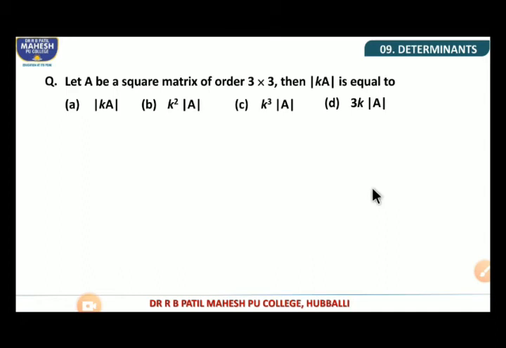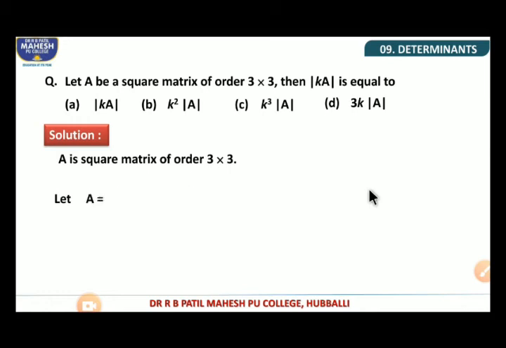So to find out the answer of this objective question, here I am going to solve clearly. A is a square matrix of order 3 by 3. So consider a matrix with rows a1 b1 c1, a2 b2 c2, a3 b3 c3. Let us multiply k, any scalar, to this matrix. We have to multiply k to all the elements because it is a matrix, it is not a determinant. If it is a determinant, then we have to multiply only a row or a column, but it is a matrix, so we can multiply k to all the elements.